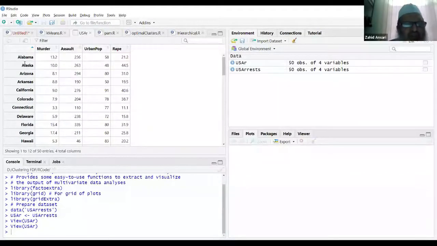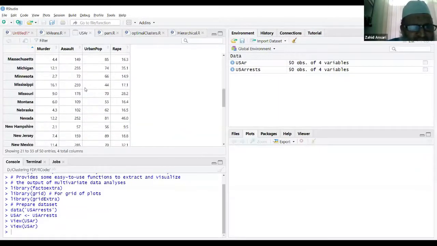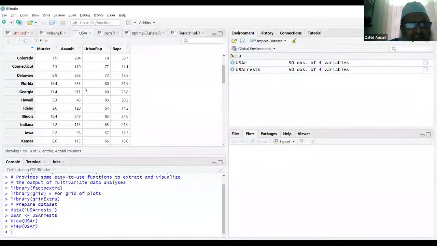Now, there are columns related to various kinds of crime, murder, assault, rape, etc. And there's one column which tells about the urban population percentage in that state. So basically we have all numerical data.